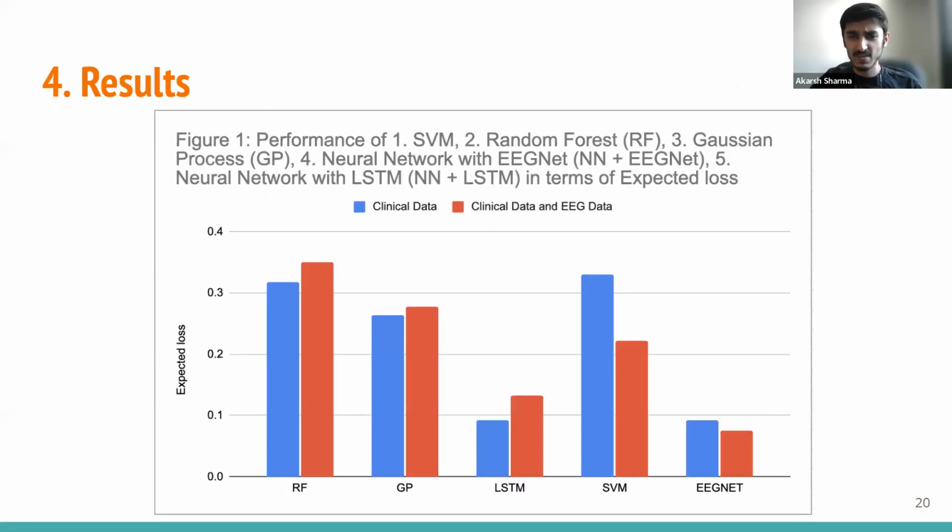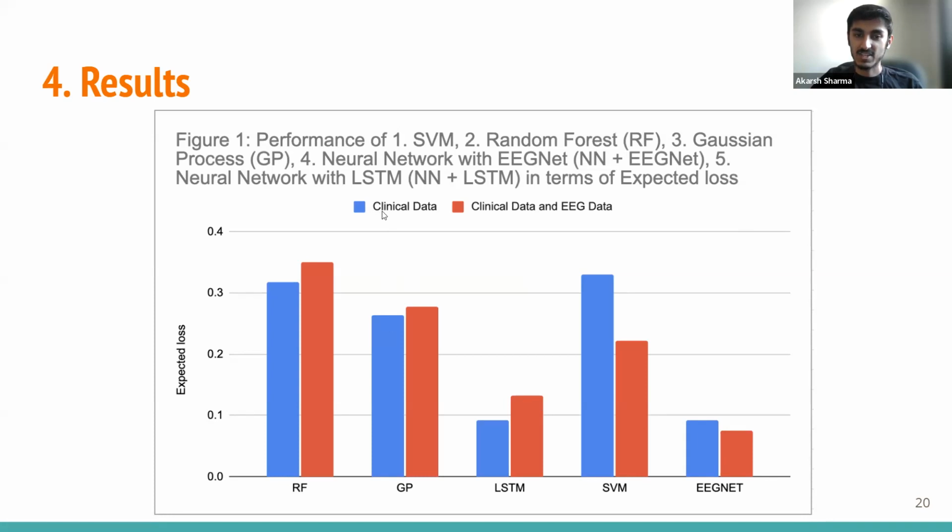And finally, we can come to the results. As for the results, as you can see, this is the expected loss. So we want to minimize the loss. And clearly LSTM and EEGNet, the neural network techniques, had the lowest loss. However,